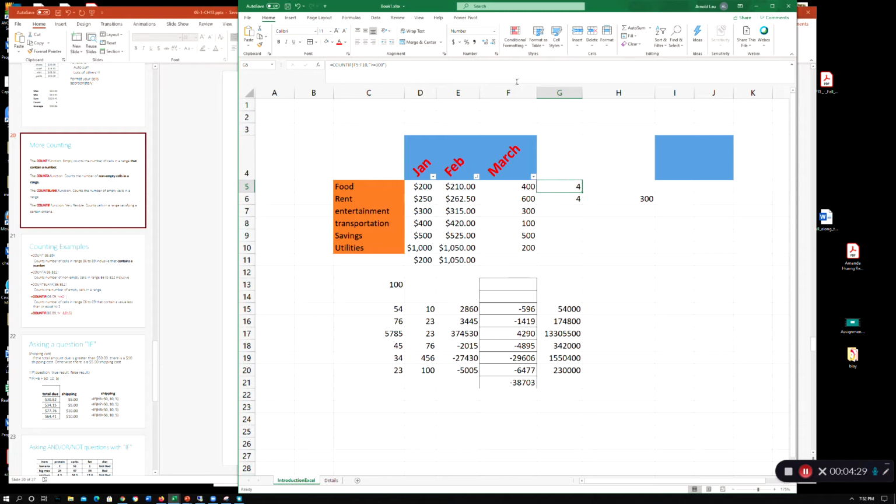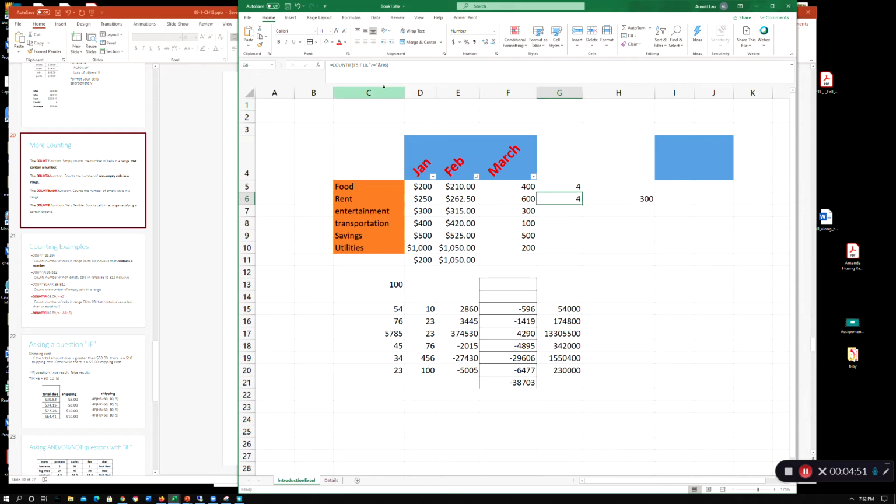So 4 and 4, right? One way is to put the number in there, greater than or equal to 300. Another way to do it is to have double quotes around the comparison operator, use an ampersand sign, and add in whichever cell you want. So if you play around with it, you can get pretty creative and build up a whole